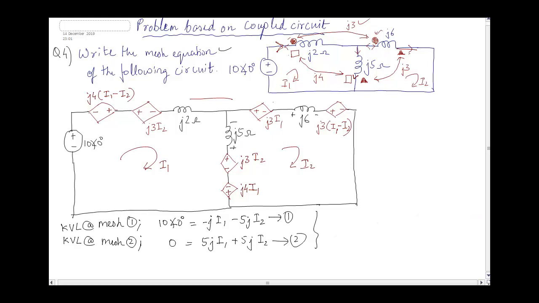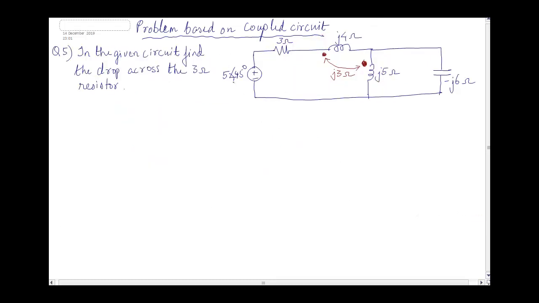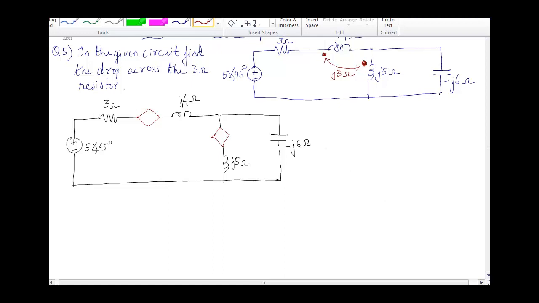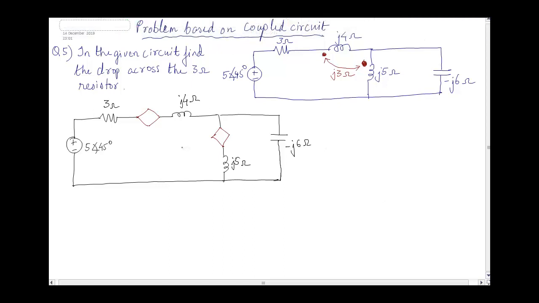Let's go to another problem. This is another problem that we have. It's quite a simple problem. Again, we first have to redraw the circuit. Let's redraw the circuit. As you can see, we have redrawn the circuit, and now we need to see what values we have to give for the dependent source here and the dependent source here based on these two dots. Here, if the current is I1 and here the current is I2,